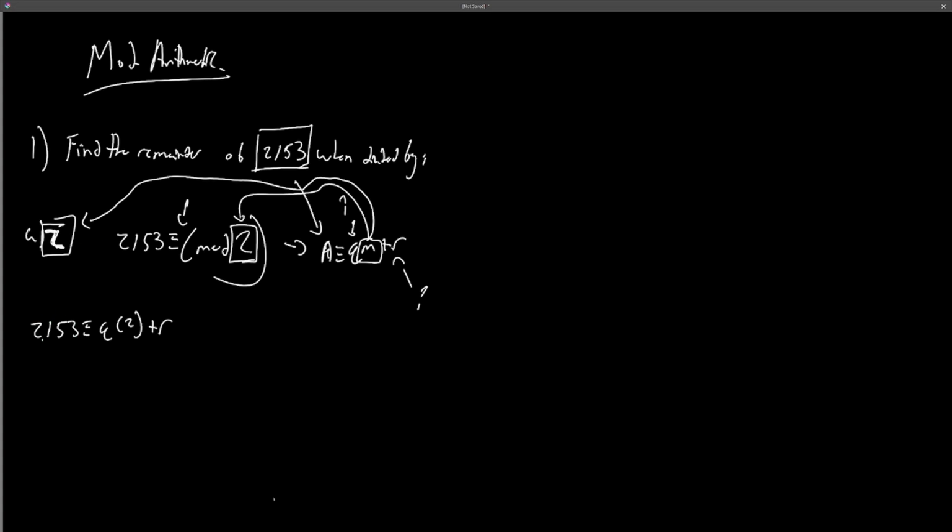Alright, cool. So we have our n, and we have our m. We're trying to find our r. So how do we get a q? Well, to get a q is even more straightforward. We just divide our n by our m. So 2153 divided by 2 gives us